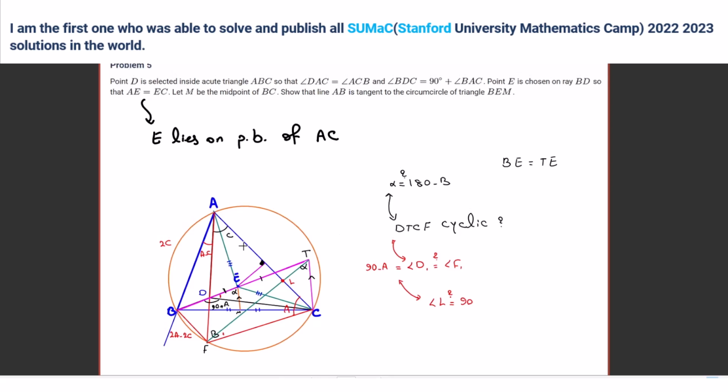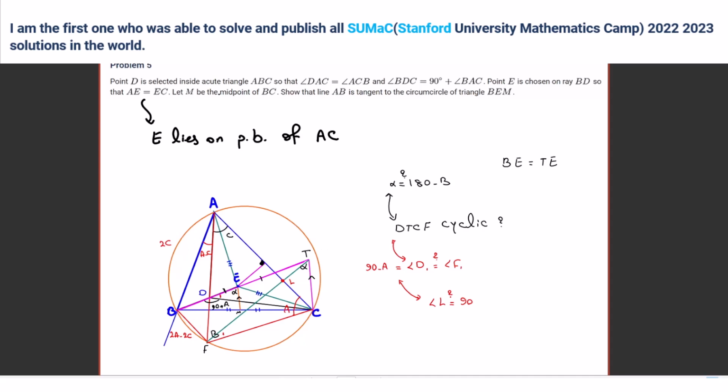We had triangle ABC. Let's review what we did. Point D is selected inside the triangle such that two conditions hold: angle DAC equals angle ACB, or C, and angle BDC is 90 plus A. Point E is chosen on ray BD so that AE is equal to AC. So we consider this one, AE equals AC, so it lies on the perpendicular bisector, so instead we draw